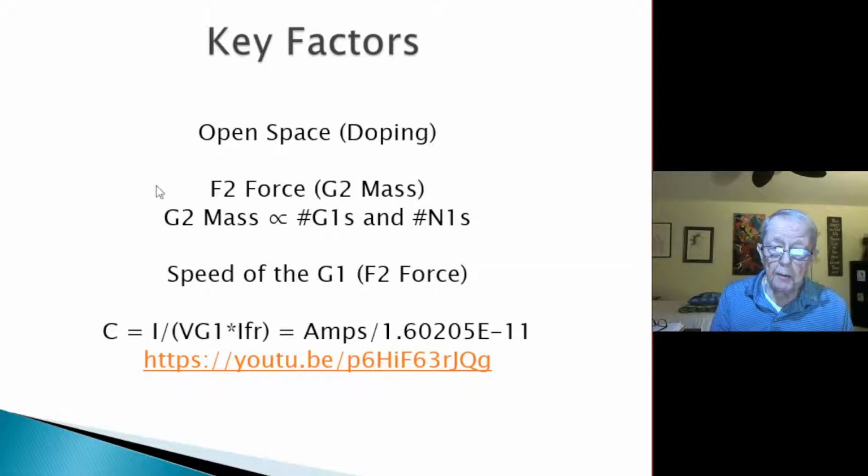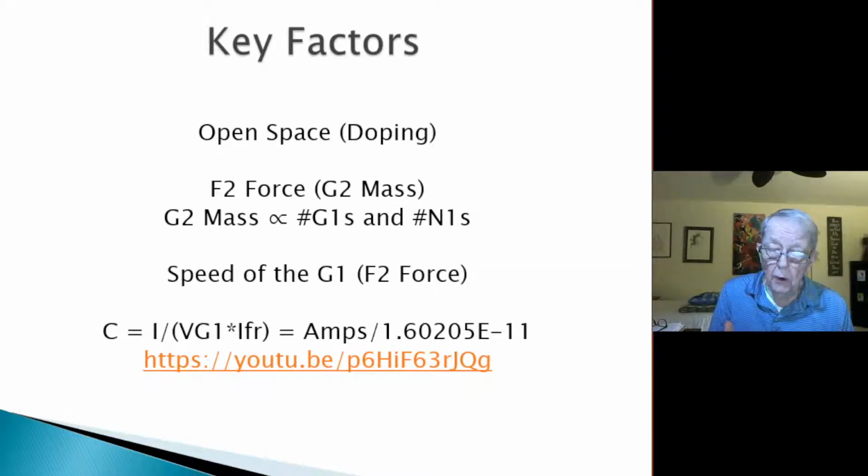They're made up of N1s, which are the nucleons that are in the nucleus, and they're made up of G1s, which are the orbitals, and they exist in the diode when there are no G1s passing through. The sum of that, their organization and their density and all of that gives you the G2 mass